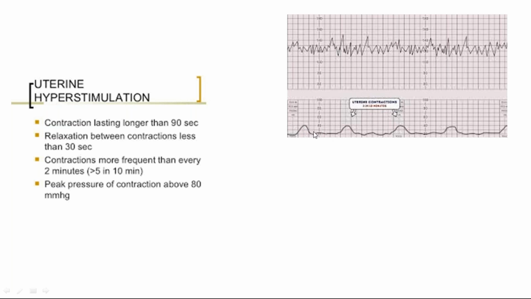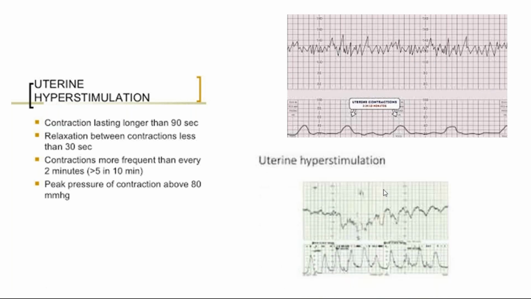It is reaching up to 40. This is 60. So hardly it is reaching up to 50. It is not lasting for more than half a minute, right? So from here to here, it is hardly half a minute. So even the fetal heart is also normal. Okay, there are some accelerations also in between, so that's a good sign. There are no decelerations. The variability is also normal, right?